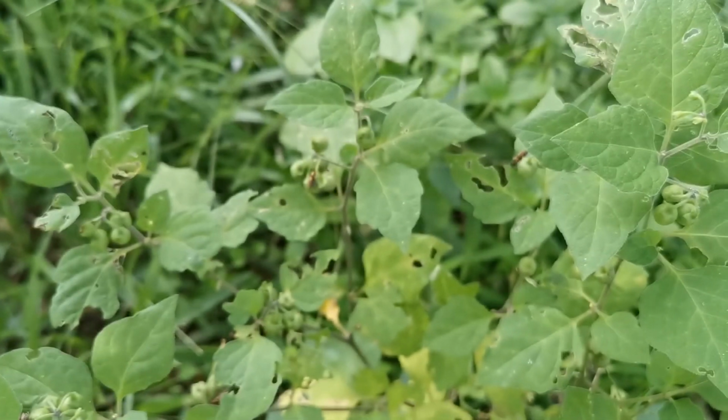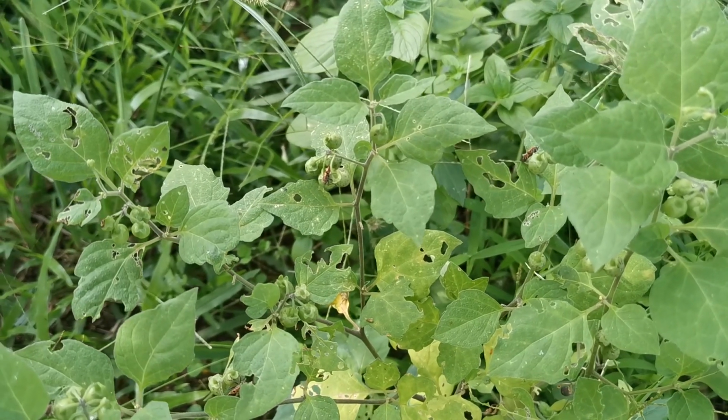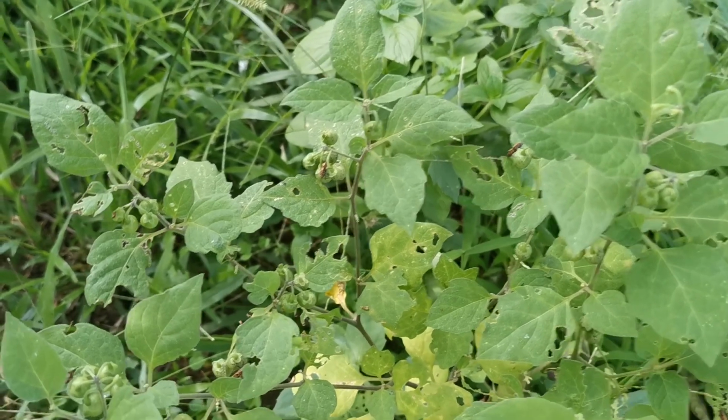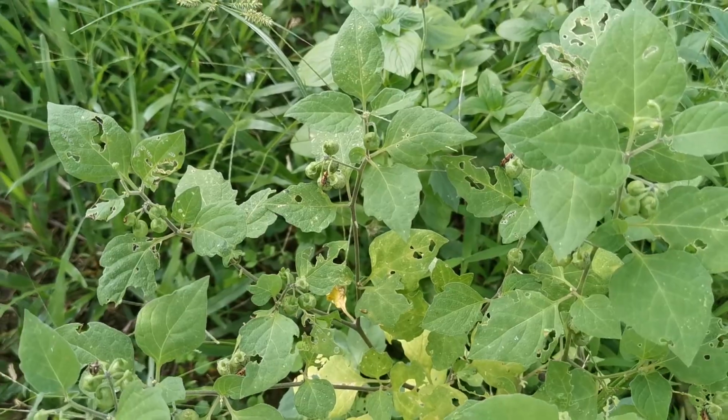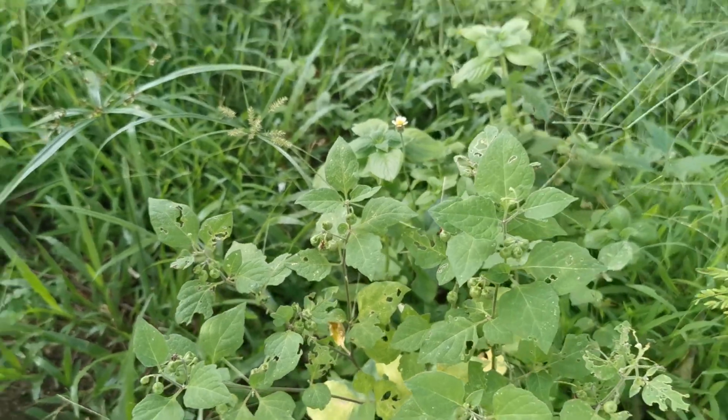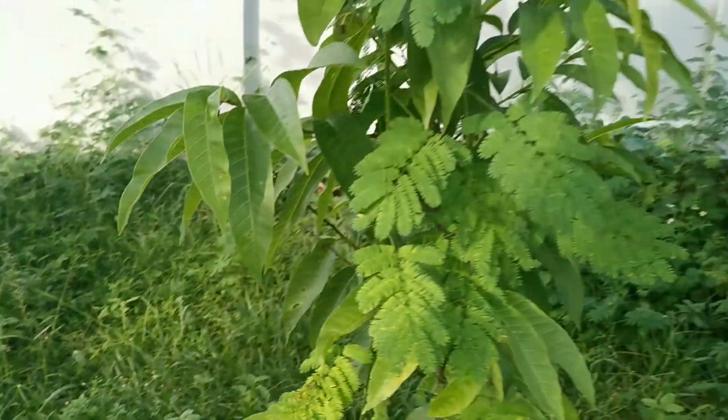I'm doing everything I can to save this variety because I really do like the plant, and the berry's not bad, but these plants are very hardy plants. They put down deep roots. They have done very, very well here, but they are really getting chewed up this year. So, what's interesting about that,